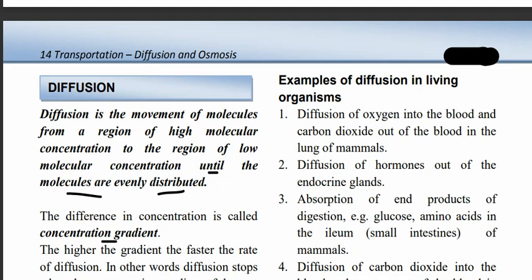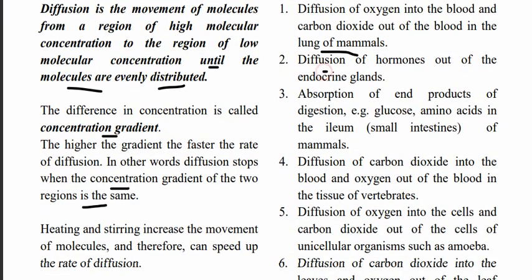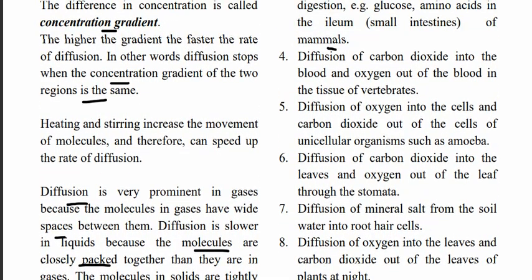Examples of diffusion in living organisms. First one, diffusion of oxygen into the blood and carbon dioxide out of the blood in the lungs of mammals. We also have diffusion of hormones out of the endocrine glands. Then we have absorption of end products of digestion, for example glucose and amino acids, in the ileum, small intestines of mammals. We also have diffusion of carbon dioxide into the blood and oxygen out of the blood in the tissue of